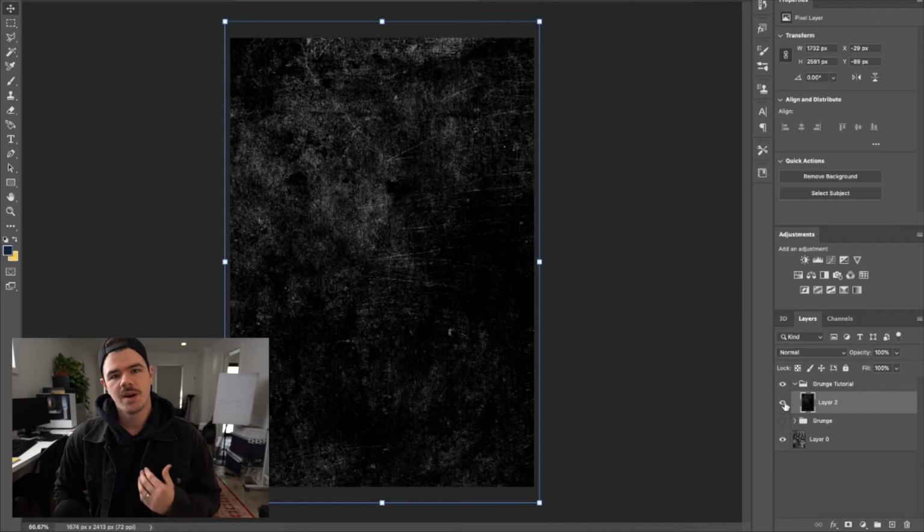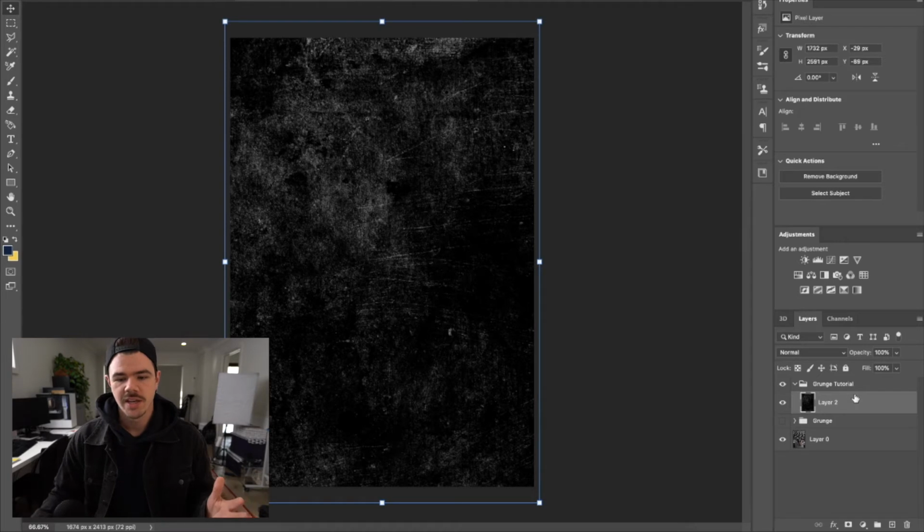Now, in my opinion, these really dark ones look a lot better. You want it to be mostly black with some kind of texture on it. So this one here, I just Googled grunge overlay, and then I just made it large. That's really important, to make sure that you're not stretching it so you're not losing any quality. So once you've got that, and it goes over the top, obviously it doesn't look like anything at the moment,